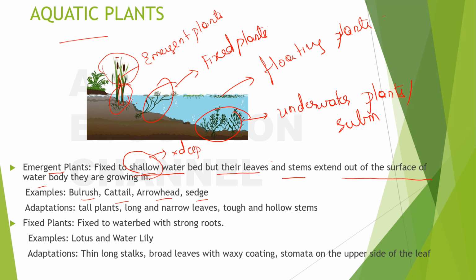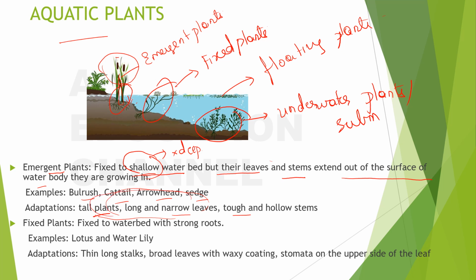And what are the adaptations they have made? They are tall plants and have long and narrow leaves. They have tough and hollow stems, right? So now tell me, why tall plants? Just think. And why long and narrow leaves? It's because with these features, they can